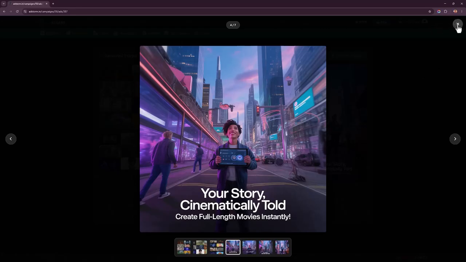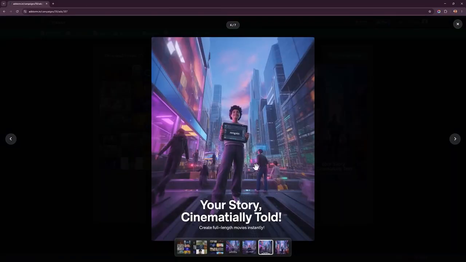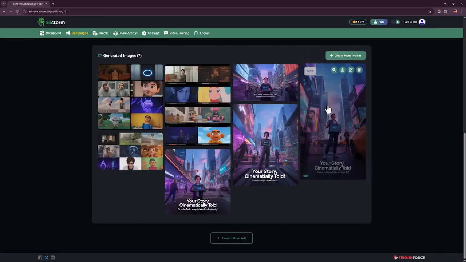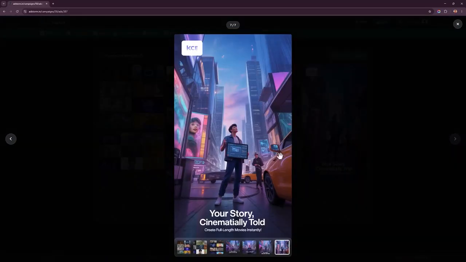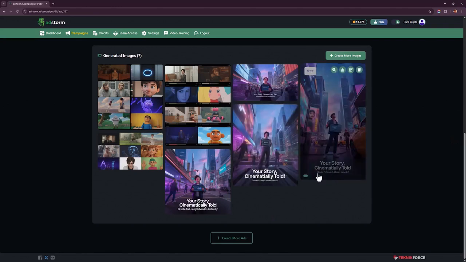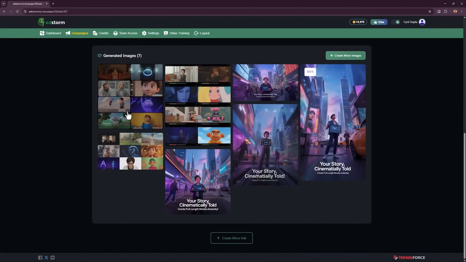I think this is a pretty good visual for an ad. It draws attention. Similar size, and this is the portrait size. So similar ethos for many different ads, and you get the text on it too. Now you can also modify ads if you want to with AI. For example, let's put a headline on this one.